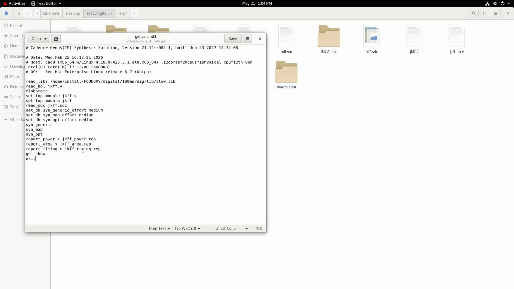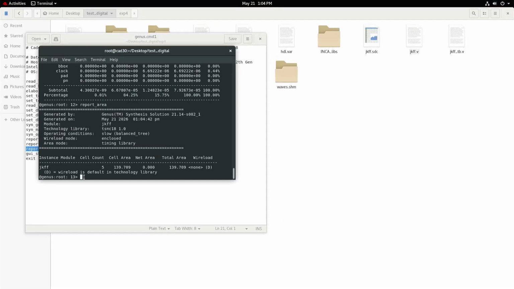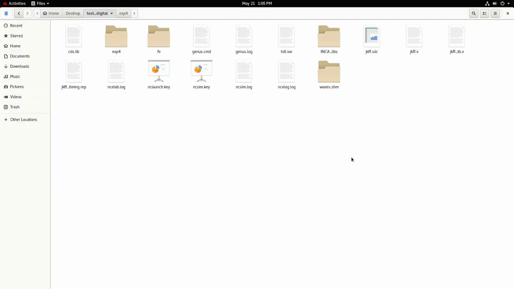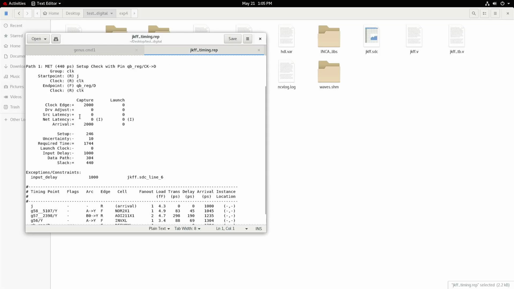Finally, I'll check the timing. When I check the timing, I'm going to get 2 types of timing. One is combinational delay, the other one is the slack. Suppose if I just save, as I've saved in a file, it's going to be in the file. If you read this, you can observe this.